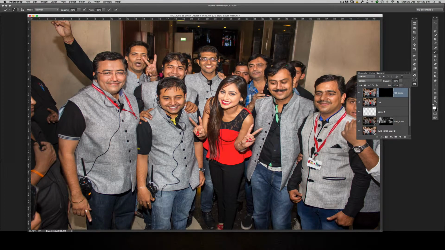If you notice at the top, the opacity is 20%, flow is 100%. And then while the mask is selected,